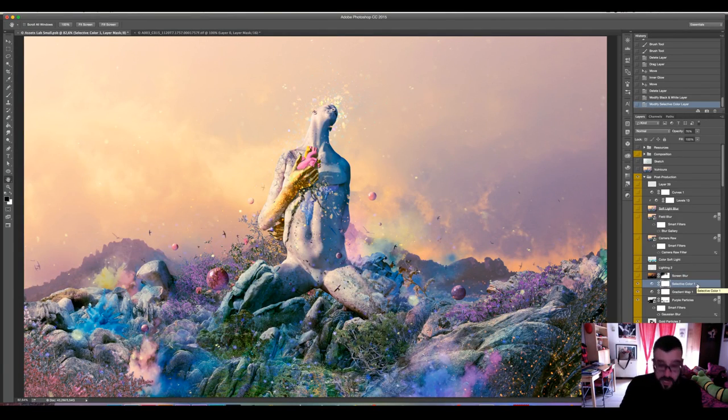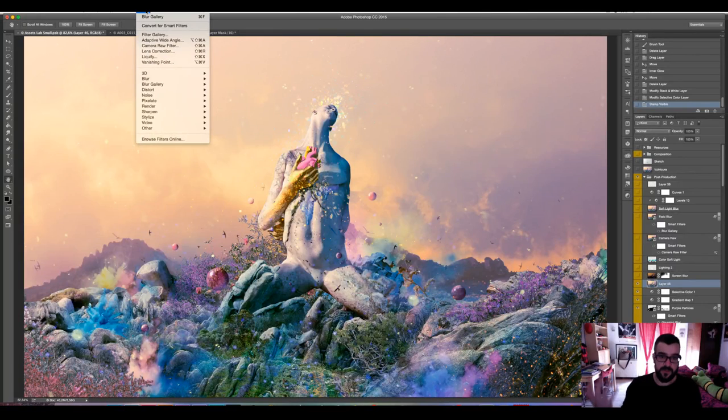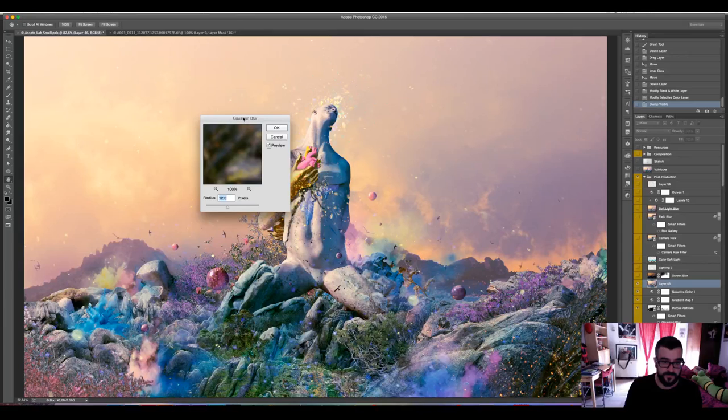Okay, there's an option in Photoshop in which if we press Command, Option, Shift and the E keys, it will create a new layer with the information of all the layers in the document. Here we can either add smart filters or regular filters if we don't need to change them later. So let's say that I want to add some atmosphere to the image. I'm going to the Gaussian blur option.